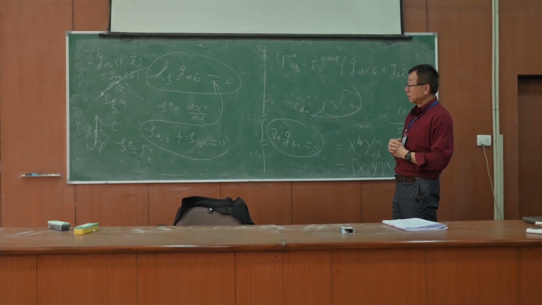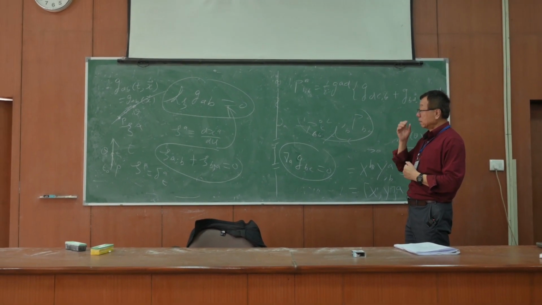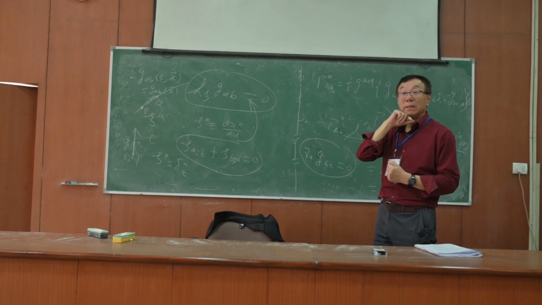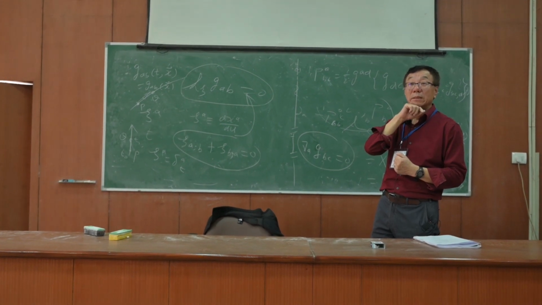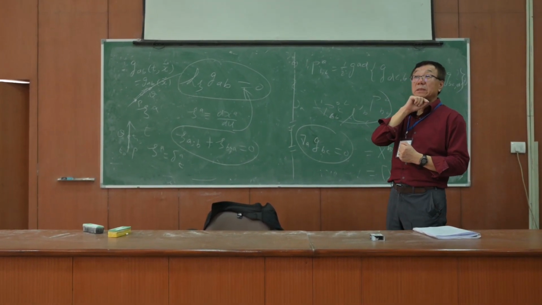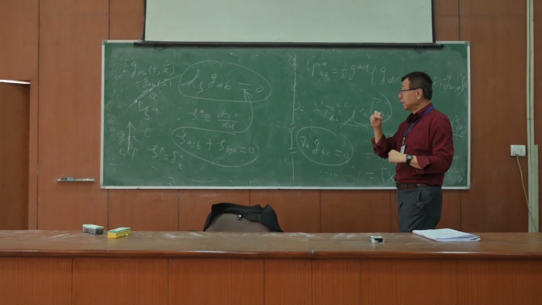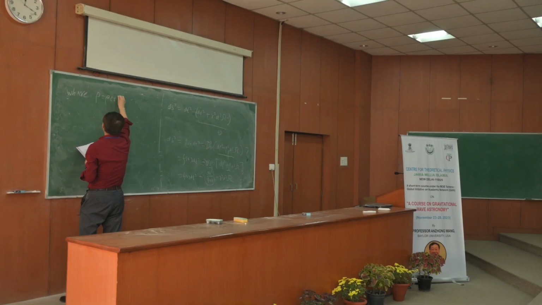Let's see. When the metric is independent of a particular parameter, it means that that particular parameter is the Killing vector, and hence the quantity becomes conserved. Yeah. Now, this is the Killing vector, this is the Killing vector, right? So how,